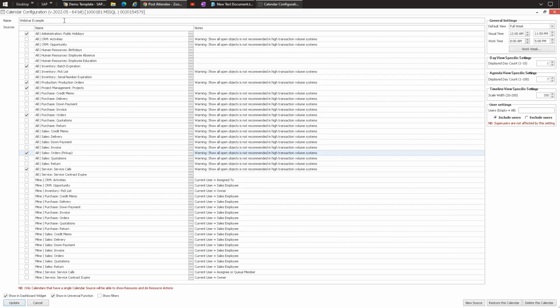So again, if this is webinar example, maybe this is like a warehouse management view, then that would be shown with all these. So you can have all sales orders. You could filter for one warehouse's specific set of orders and pickups. So you could have just your specific ones.